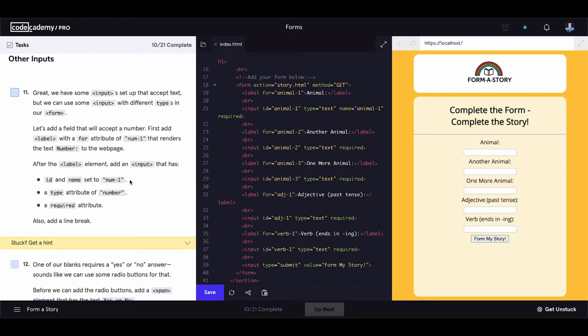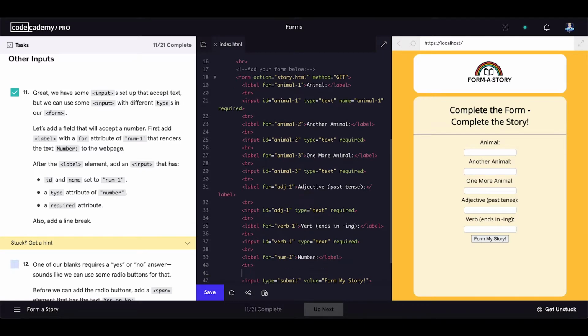We have some inputs set up that accept text, but we can use some input with different types in our form. Let's add a field that will accept a number. First, add a label with a for attribute of num-1 that renders the number text to the web page. So first we'll add the label element with a for attribute set to num-1, and this should be the text of our input field, input element, sorry. Br tag,